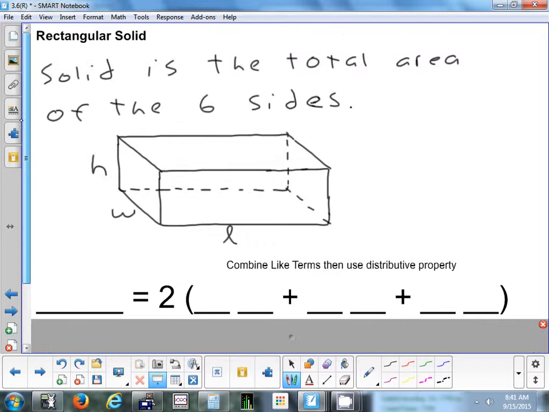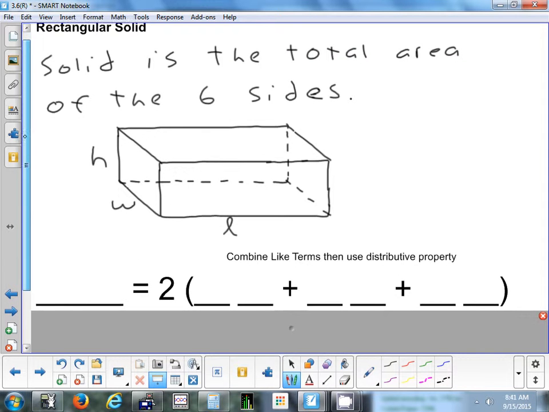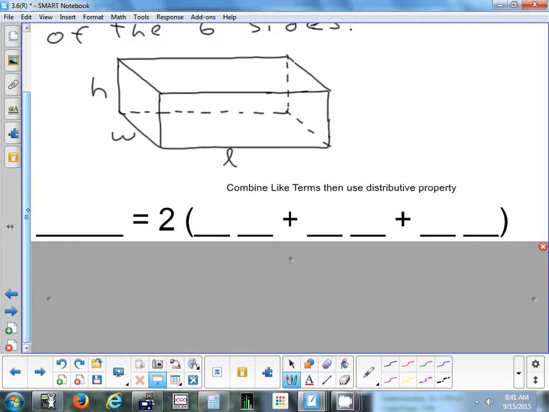So surface area is the total area of the 6 sides. All right? So, what am I trying to find? What am I trying to find of this rectangle? What am I trying to find? Not the length. The whole formula is for what? Alexis? Good. Area. So area is going to equal